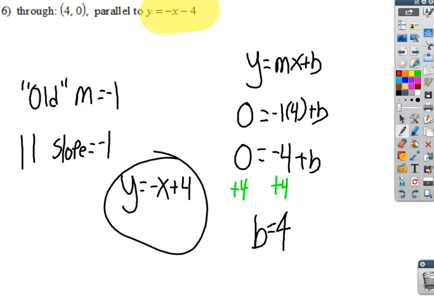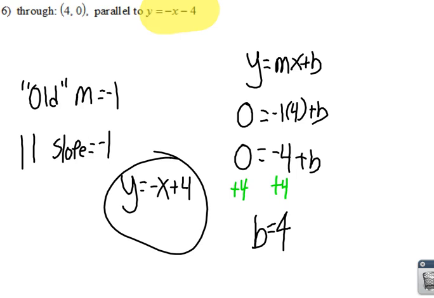Now, if only they gave me a point, I could use my slope on that point to find a line. If only they did! Thank you, imaginary voice in my head. Yeah, that's correct. They gave me the point through this coordinate here. I do not, under any circumstances, use my old y-intercept there. That is gone. That is thrown out. I only use this line for its slope. I then use my slope of -1, my point x being 4, y being 0, and solve for my new